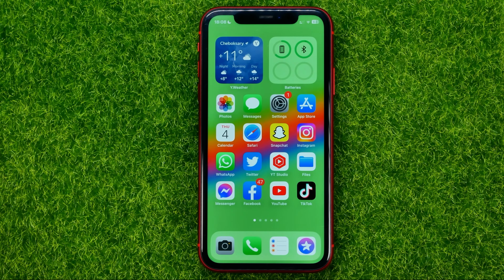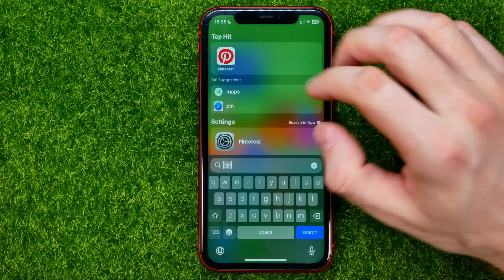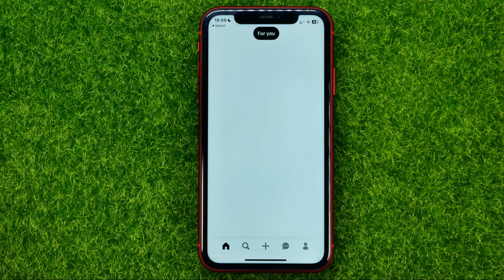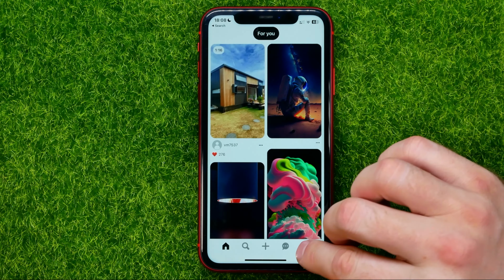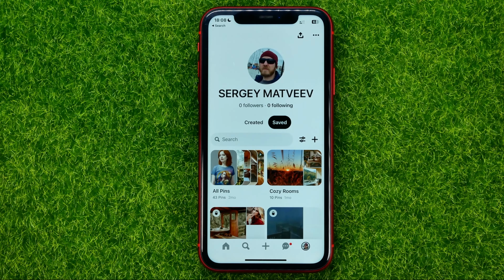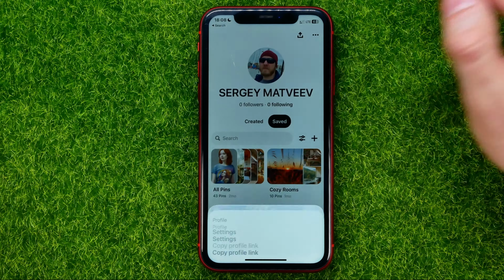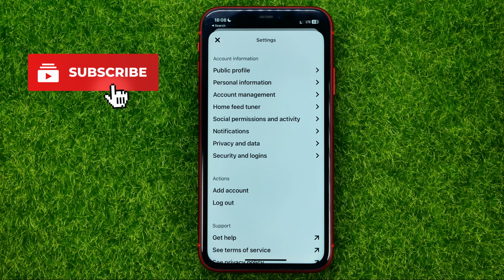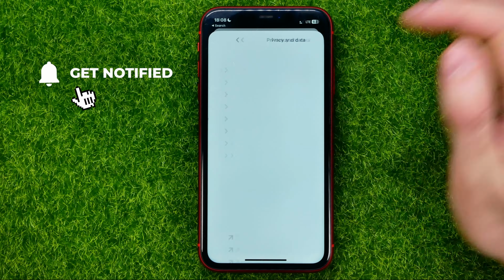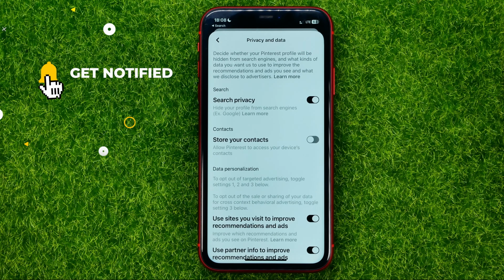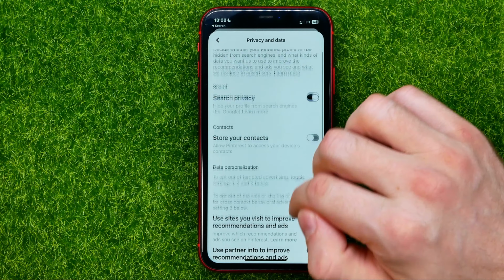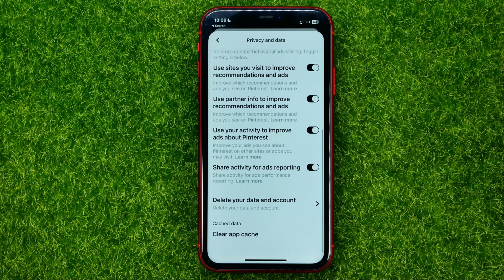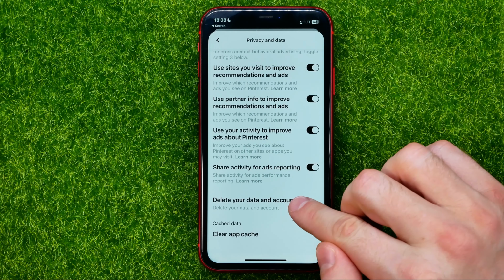Thanks guys! So let's get started, and first off, open up the Pinterest app. Then go to your profile, and on your profile page hit the three dots. Then tap Settings, then Privacy and Data, and that's where you should scroll down until you find Delete your